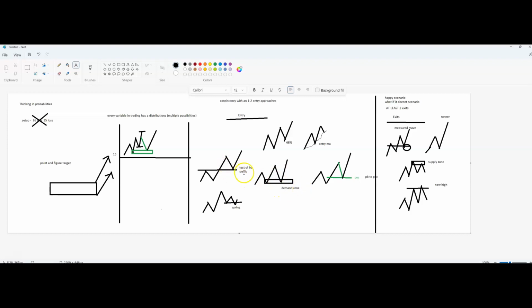If you take more than that, I don't know what's going to happen. It's going to just have a lot of distribution. A lot of stuff just won't work. It just won't work. Okay, so that's the situation. All right, so this is what thinking in probabilities, putting that in your execution means.